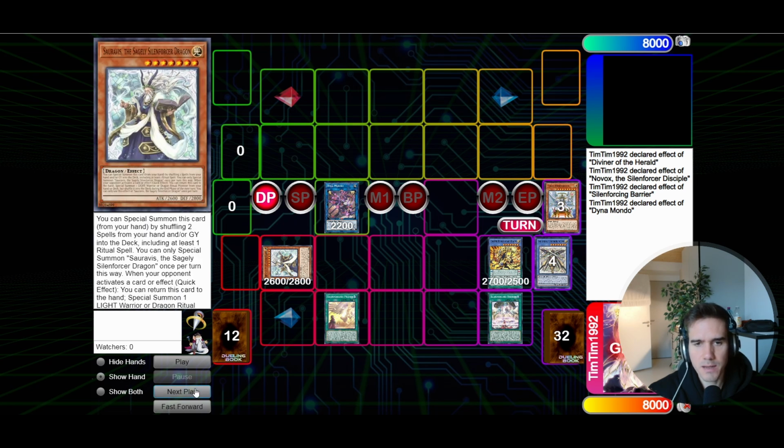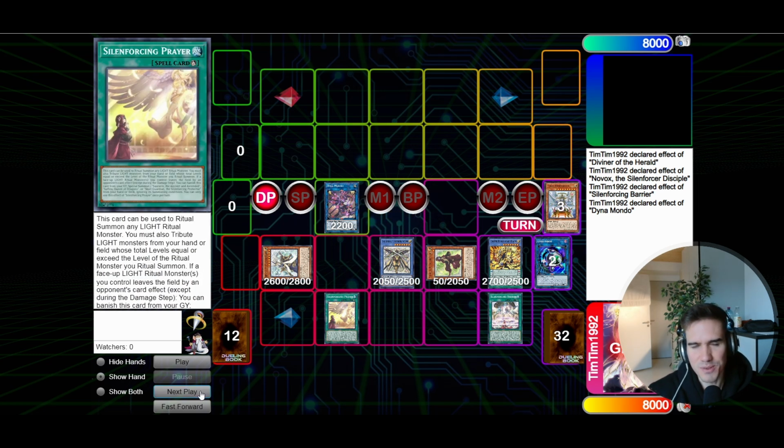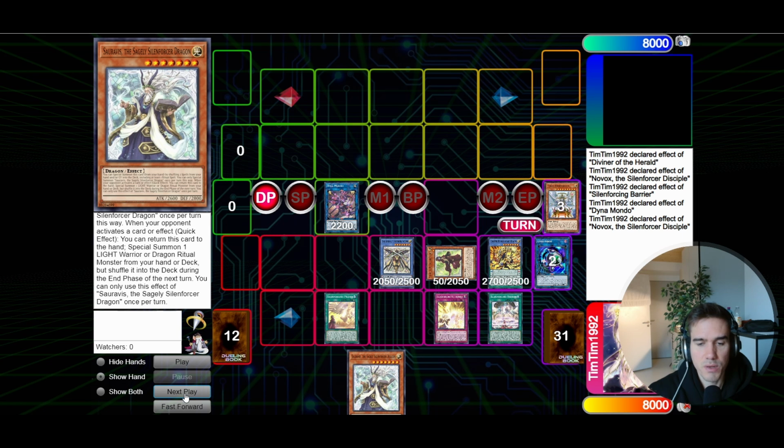We can activate Dynamondo, which will bring back, of course, first the Skull Guardian and then the Novox comes back, so it's the other way around, but this is what happens. Now we can activate the Novox to once again set the trap here, and now we can also use Sour Avis effect. When your opponent activates a card or effect, quick effect, use Sour Avis, bounce the Sour Avis back to hand,